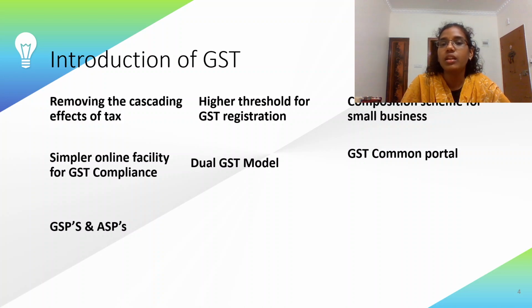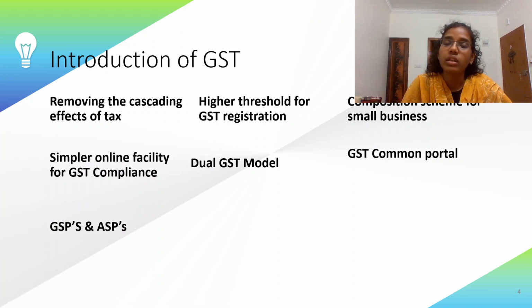they have to register under GST in the case of normal category states. And in the case of special category states, if the threshold limit crosses 10 lakh rupees and they are into the service business, they have to register under GST. This higher threshold limit eases the process for small businesses. And the small businesses who are interested can avail the composition scheme, under which any business